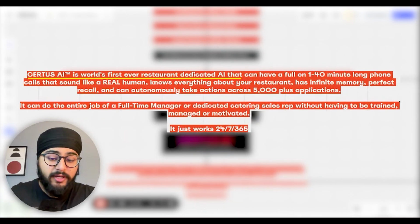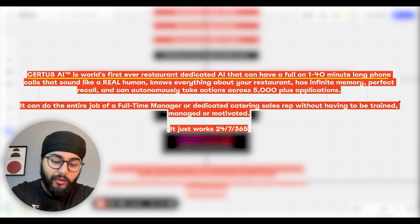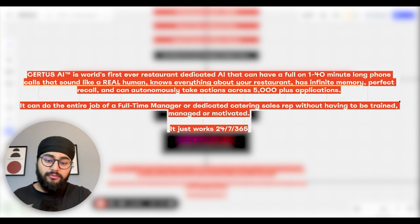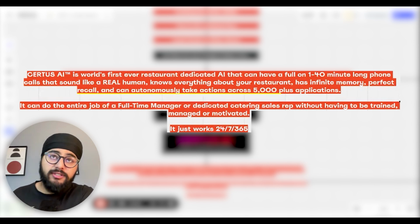World's first ever restaurant dedicated AI that can have full-on 1 to 40-minute long phone calls. It sounds like a real human. It knows everything about your restaurant. It has infinite memory. It has perfect recall, and it can autonomously take actions across 5,000 different platforms, including 1,000